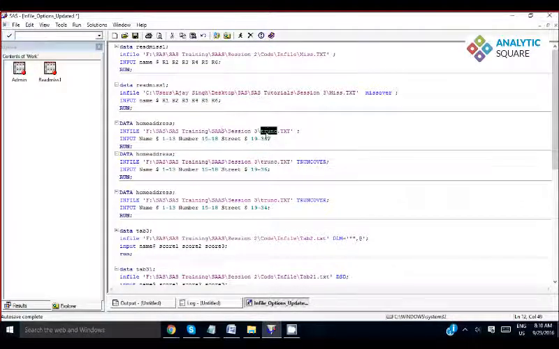Okay, let's take an example. This is the above example where we are not using truncover. I've given the path of the file along with the extension. Then I've simply used the column input method. You can see that in this input statement, I've defined the position of the name, the position of the number, and the position of the street. The street is my last variable. However, you have defined the street variable from 19 to 36.